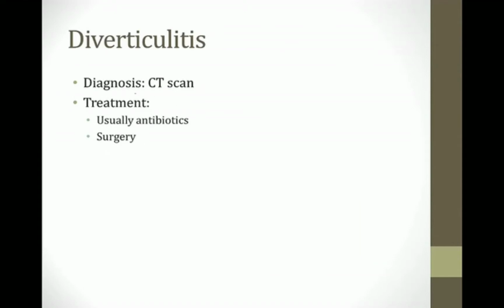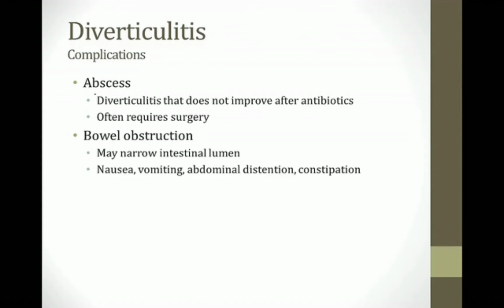You can make the diagnosis by CAT scan. You can see an inflamed diverticulum, and the treatment is usually antibiotics and sometimes surgery to remove the infected portion of the colon. Diverticulitis can progress into a number of more serious complications, and the first one is formation of an abscess. If bacteria become walled off inside a diverticulum, that will present as diverticulitis symptoms that do not improve